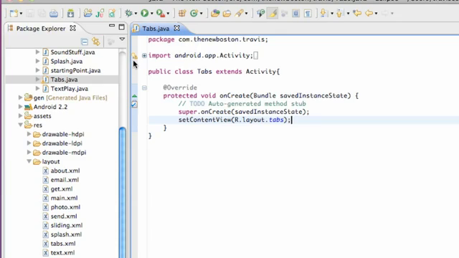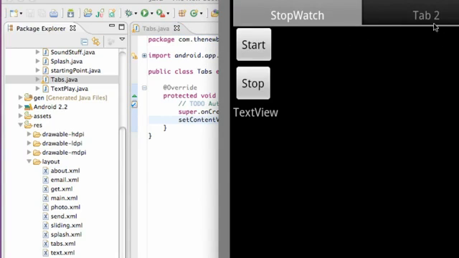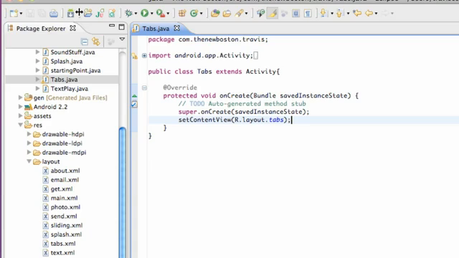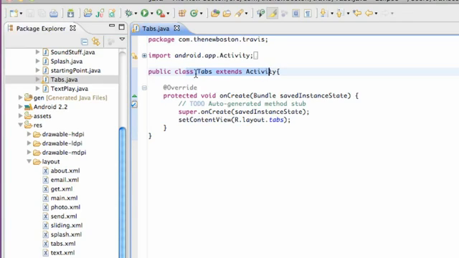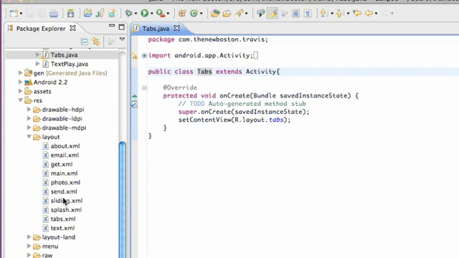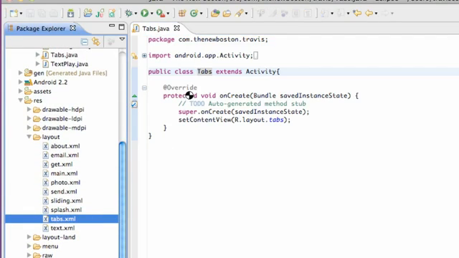And what we're going to do in this tutorial is again set up just a small application that deals with tabs. Something like this is our desired result. But for this tutorial, we're just going to set up the XML layout. So I want you guys to create a class called tabs, and then also an Android XML file called tabs as well, lowercase,